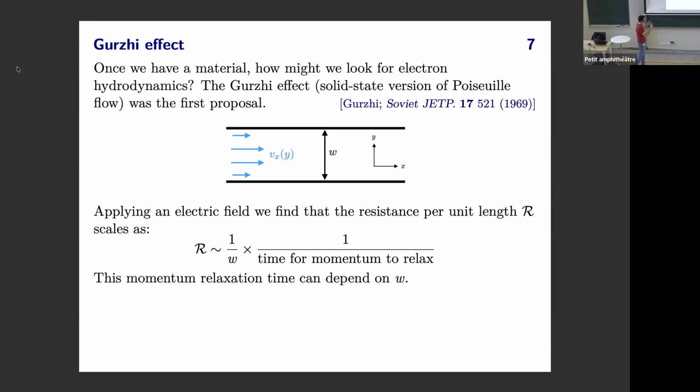I'll do this in a moment, at least tell you the scalings, but you should think on the next slide that the resistance per unit length of this device is going to be basically 1 over the width of the device times a kind of effective momentum relaxation rate. In an ohmic system, this thing is constant. It's like the time to hit the next impurity. And this 1 over width in a 2D system is the analog of like the resistance of a device being inversely proportional to the cross-sectional area.